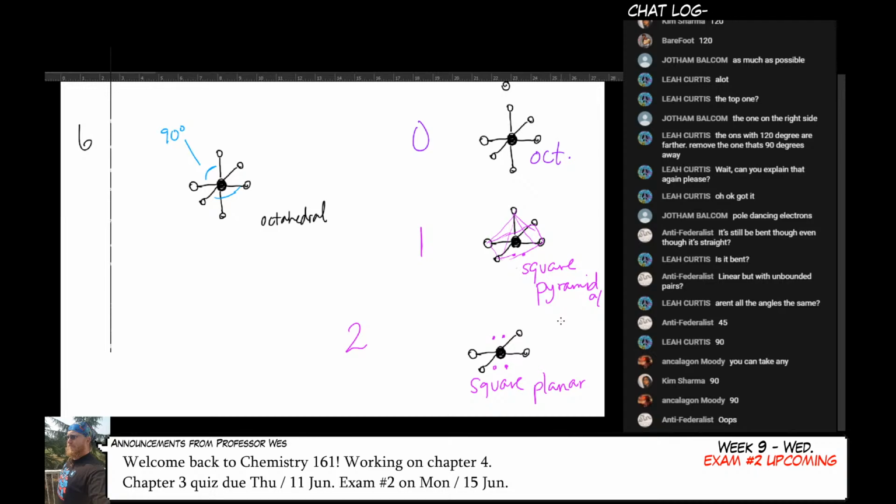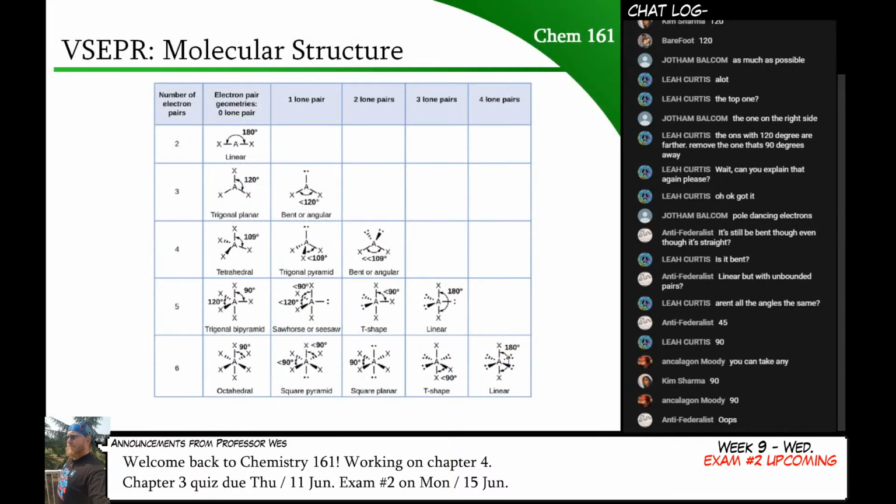So those are the shapes. You got to know the names of these shapes that create the chart. That's how we made this chart that you can see right here. And you can see that for 6 shapes, it keeps going to T-shape and linear. We've already seen those shapes, and you could probably assume that if I just get rid of this thing, then it will look like a T, and if I get rid of the next one, it'll look linear. So I'm going to skip those. And in fact, you don't really ever see these combinations down here. So these that I'm highlighting in yellow are exceptionally rare.